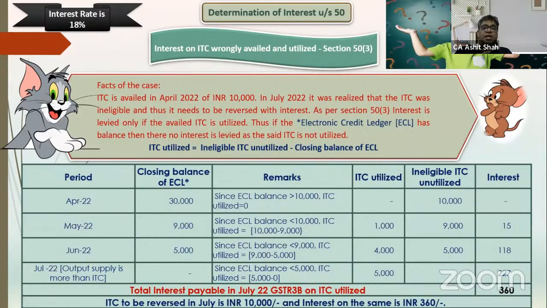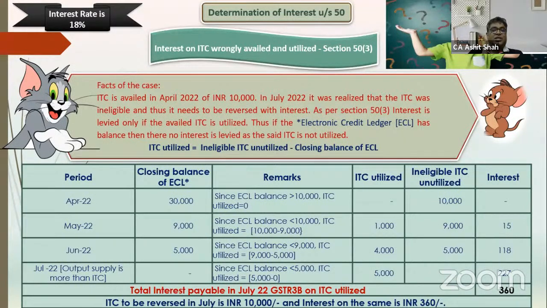In the June month, my balance in electronic credit ledger was 5,000 rupees. So now we have to again see whether I have utilized. Yes, I have utilized. Previously my balance was 9,000 rupees, which was my ineligible ITC. So how much have I utilized? 4,000 rupees ITC I have utilized. So again, my interest liability will be on 4,000 rupees, and 5,000 rupees of unutilized ITC is still lying